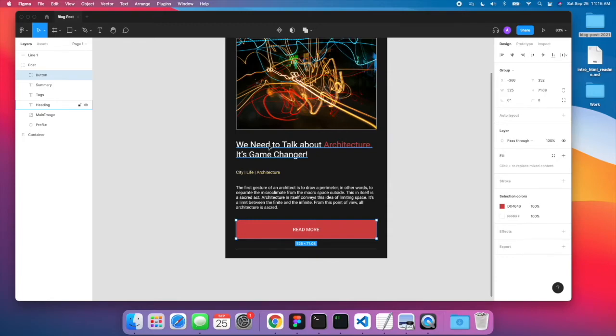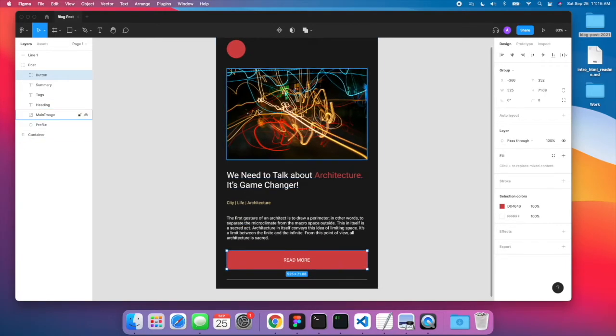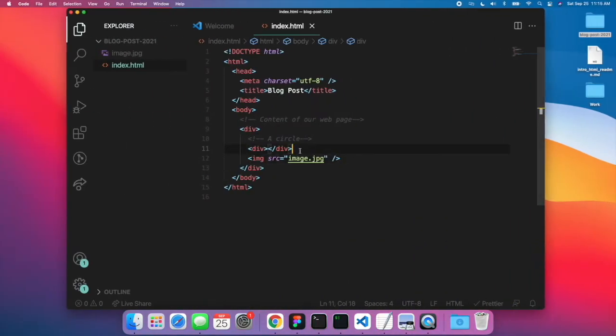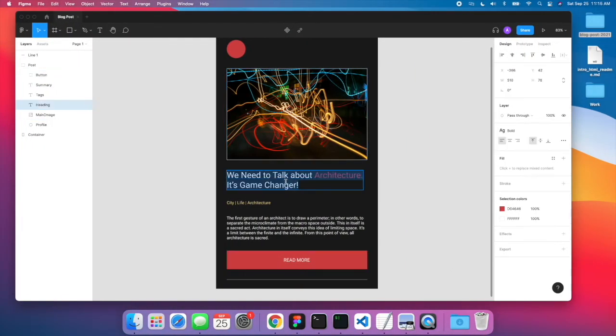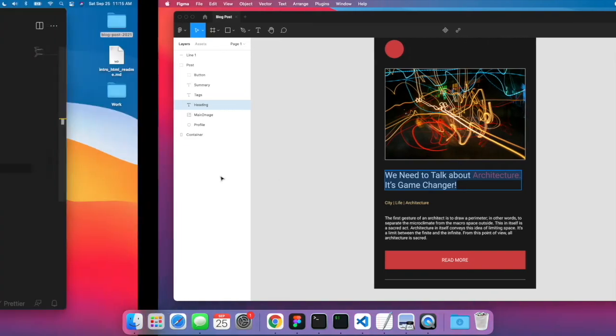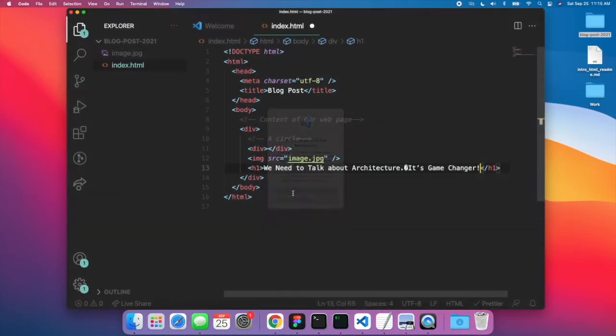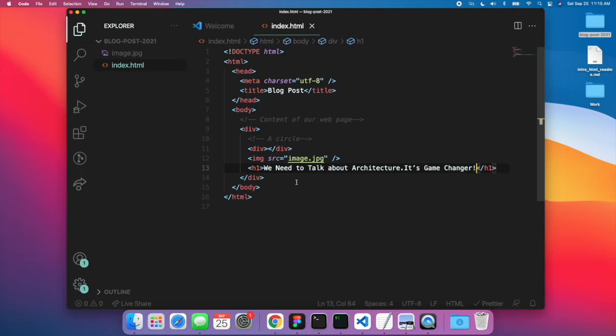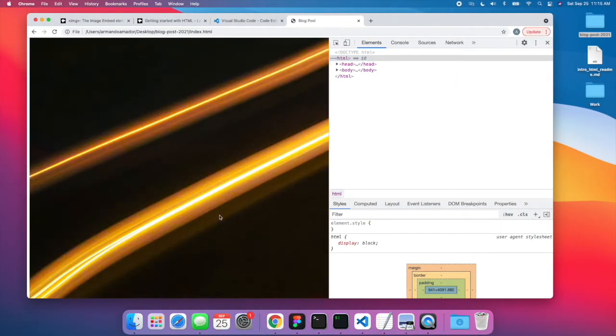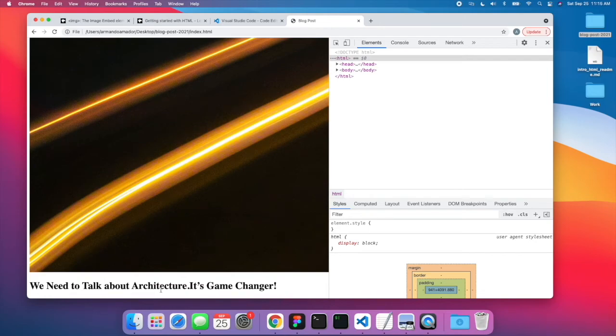So for this case, since this is the most important heading in this whole blog post, we'll make this an H1. Right, so we have H1, and we want to write this down. Okay. If we refresh our page,